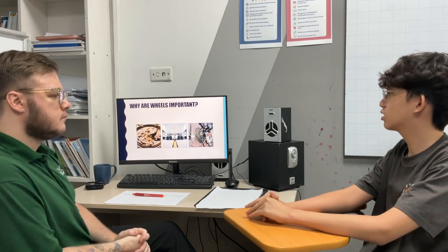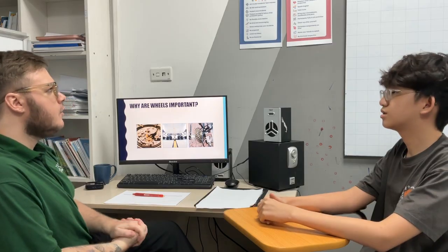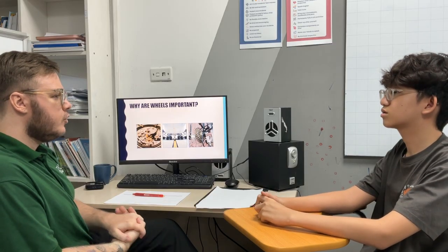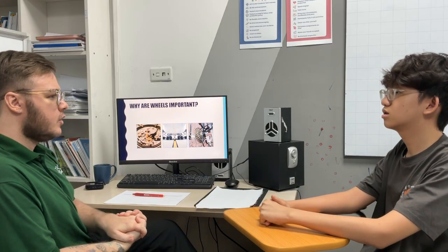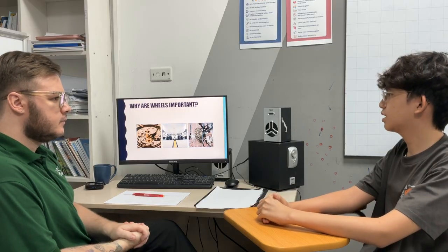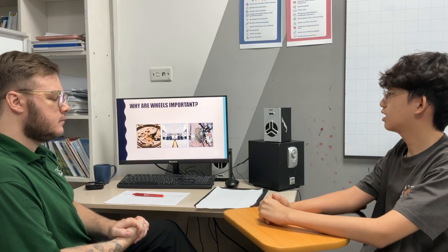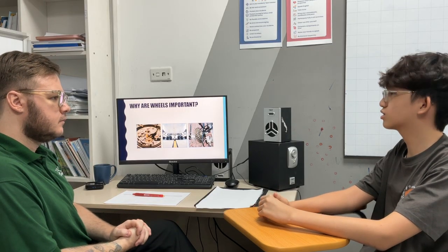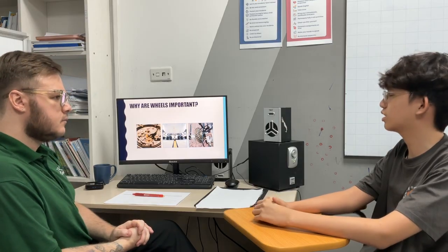And lastly, wheels are also included in many machines such as the computer. And if we do not have wheels, then the computers and these inventions will not be made. Can you give me an example of something that you use every day that has got wheels? For example, it is the computer, and I also use cars and motorcycles to transport every day.